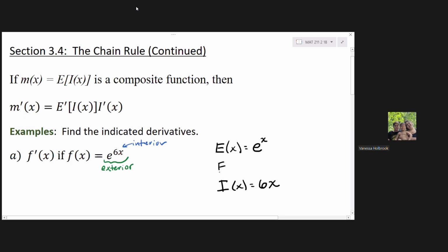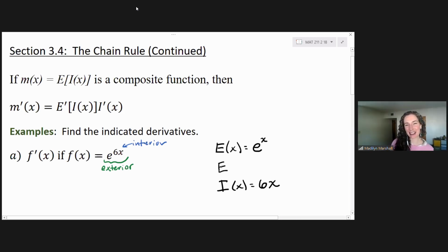Quick question. So that 6x is not the whole power, it's just the 6 with the x, is that correct? Because the x in the exterior is e to the x? No, so this is a reason why this definition of chain rule is kind of tricky. So if our exterior function is e to the x,